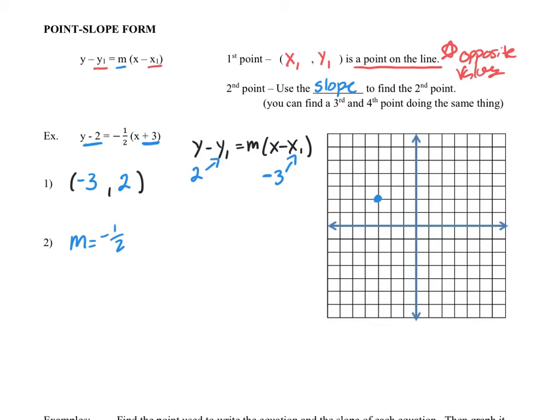It's negative 1/2, so I'm going to go down 1, then right 2. And I can continue that pattern all the way to the edge of my graph. Or, remember, you can always do the exact opposite. So instead of down and right, I could go up and left. And we can see those points fit nicely on my graph as well. So it lines up. Connect, arrows at the end, and we have a nice point slope form